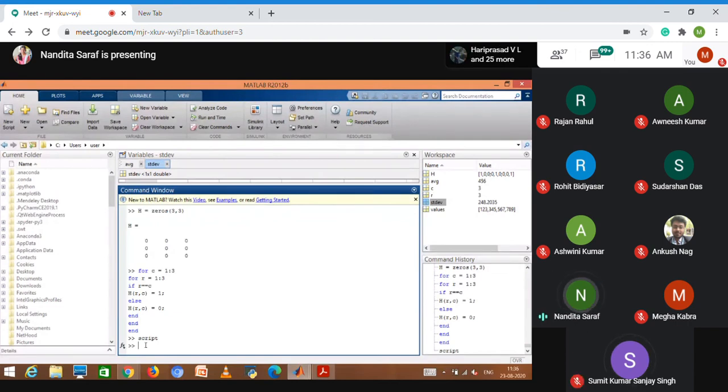Okay, so to calculate x, we just invert A and multiply it with B.